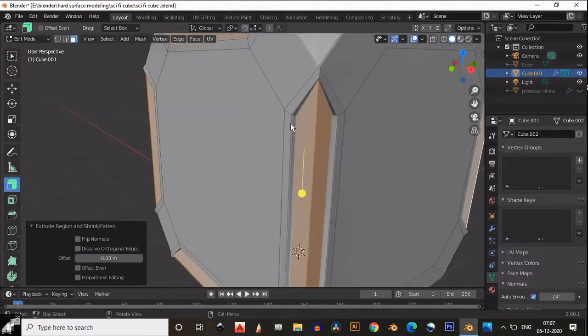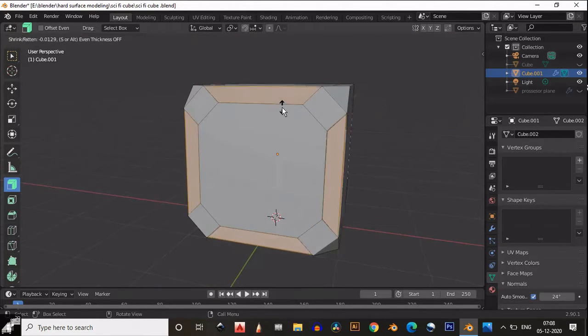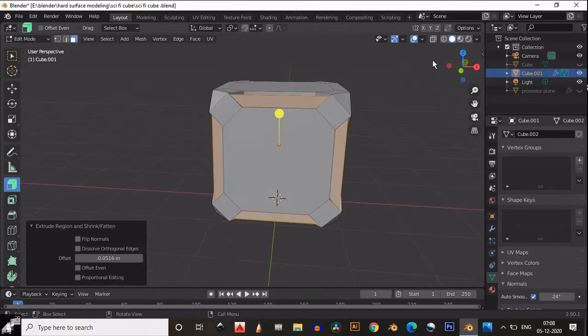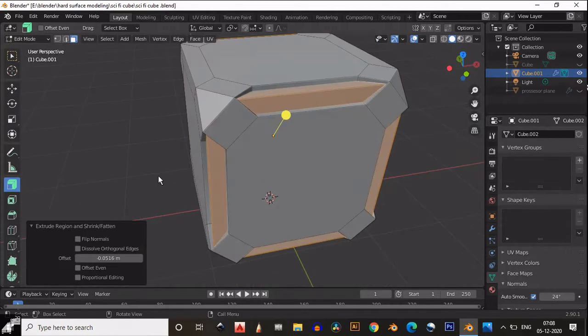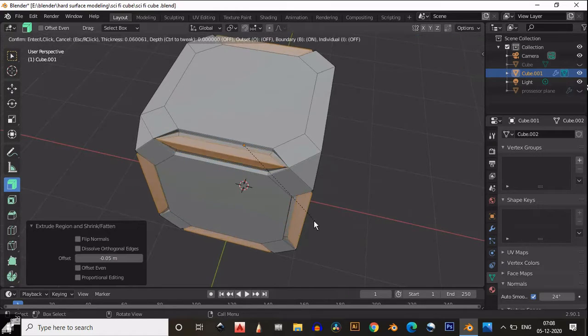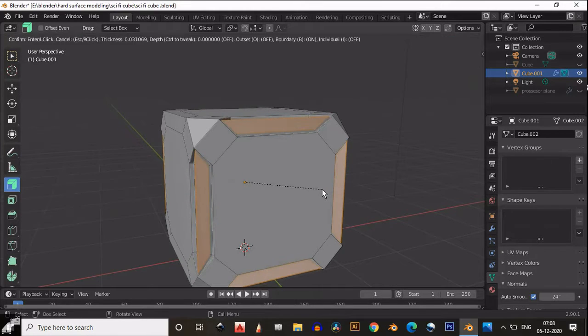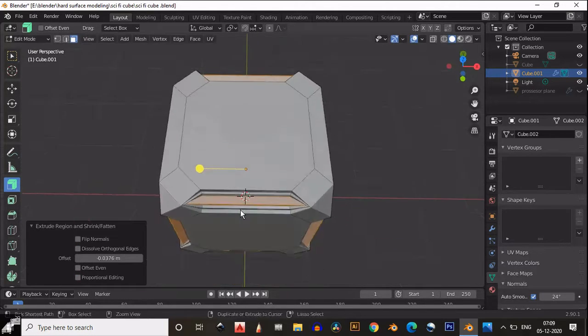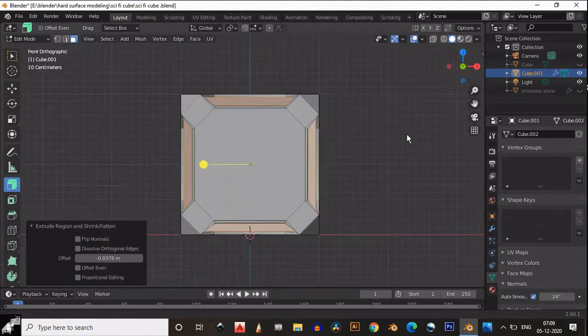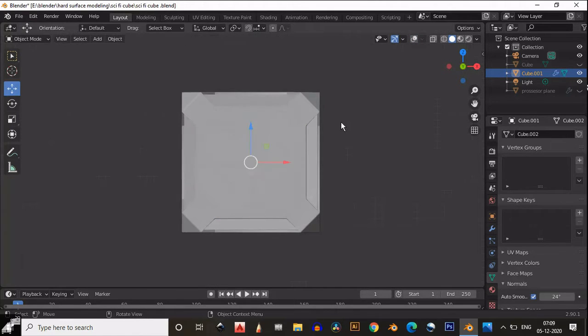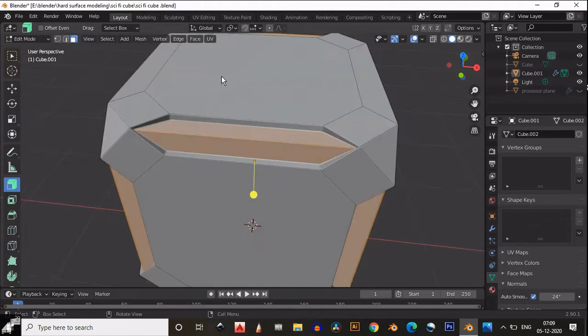It looks pretty good. So you can try different ways right here to make your artwork more beautiful. We are using simple methods: inset, extrude inside, adding bevel. So these are very simple basic techniques to make any kind of artwork in 3D.